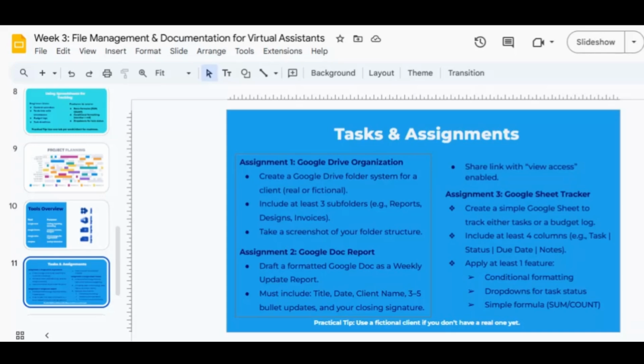Then assignment 2, Google Doc report. You draft a formatted Google Doc as a weekly update report. Let it be a progression of task 1. You already have a client. You've created a folder for the client. And in that folder, you have 3 subfolders: reports, design, invoice. So what you will do in number 2 is draft a report, a formatted Google Doc as a weekly update,